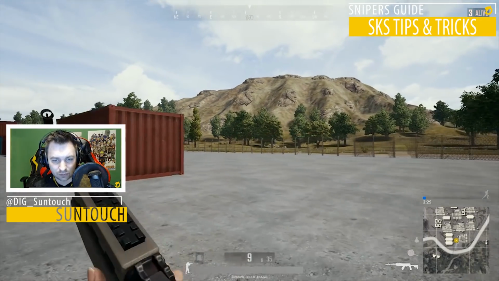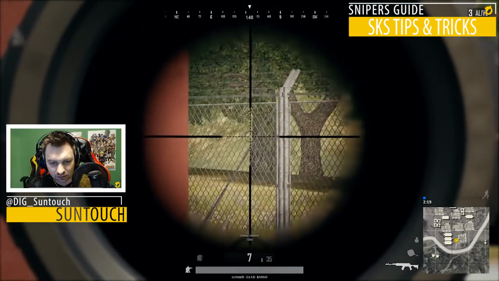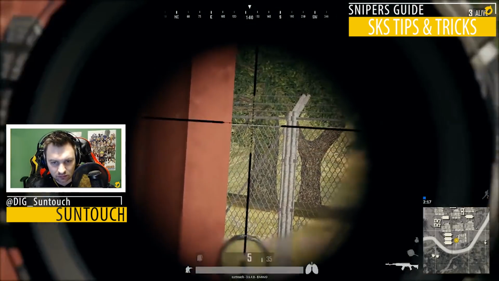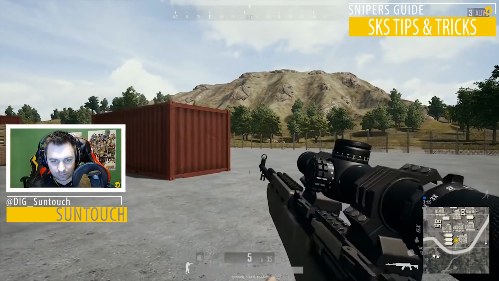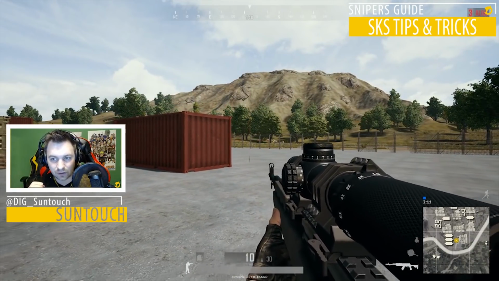If someone's peeking you on trees, you can basically just be pecking them away. And with an 8x, it's even easier. You can just basically get people who are peeking their heads, deal really big damage to them nice and quick, nice and